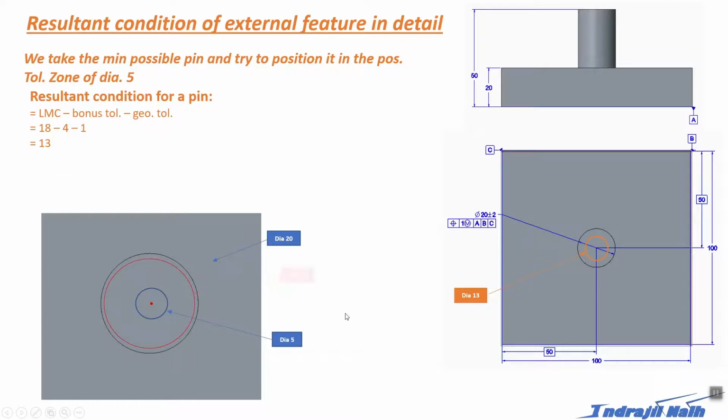So you get a boundary region. Suppose this is the diameter 18 red color region, and I try to place it in the dia of 5. Every place possible, so extreme edges, I'll try to put it, and when I consolidate all these circles together, I'll get an imaginary dia inside. If we check this dia inside, it will be of dia 13. And these circles, if you check all the pinholes that I have made from this boundary, will never cross this orange color region. So this is your resultant condition of external feature.